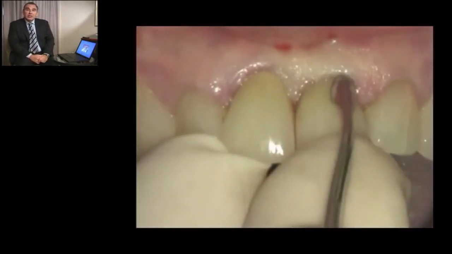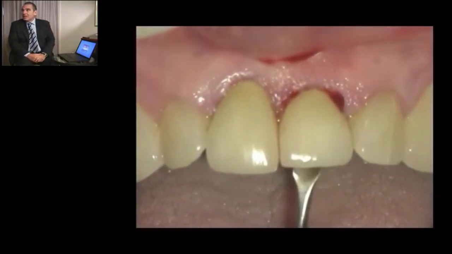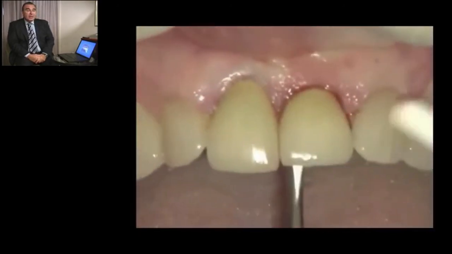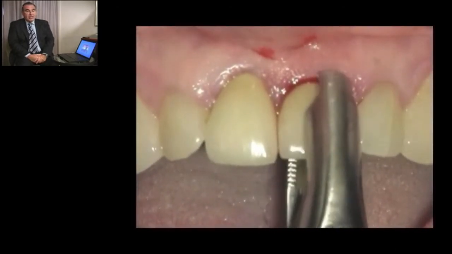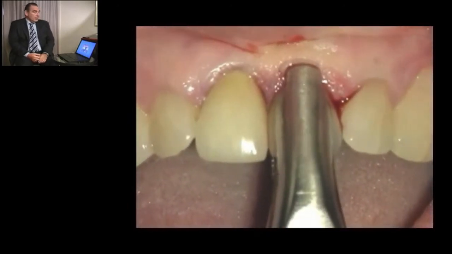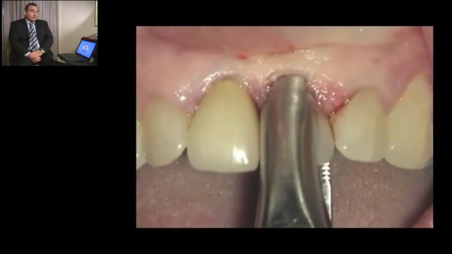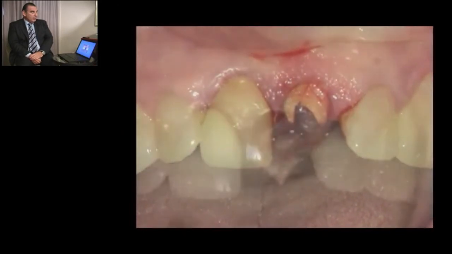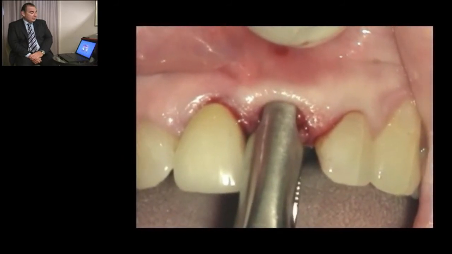There certainly is literature that is currently out there that the length of this presentation does not give us the possibility to include, but there is sound literature on the use of this new technology in short span bridges with high degrees of success. Here we're removing a crown from a single tooth, and as you will note, once the crown is removed, a vertical fracture becomes apparent. The tooth is extracted,